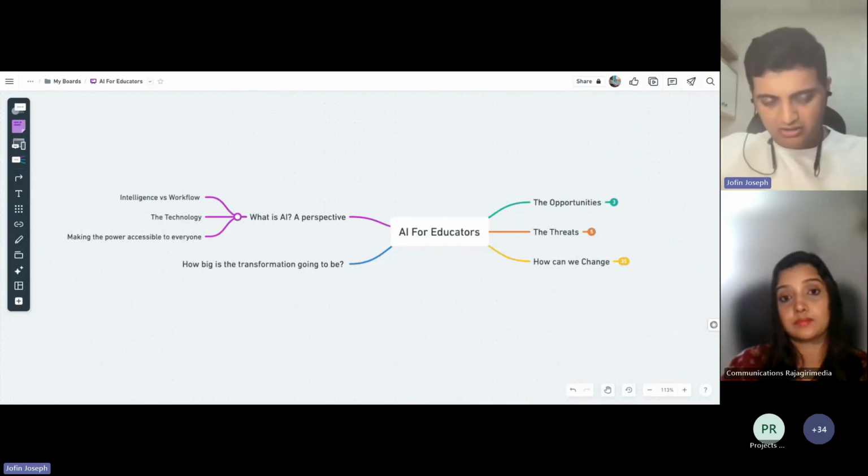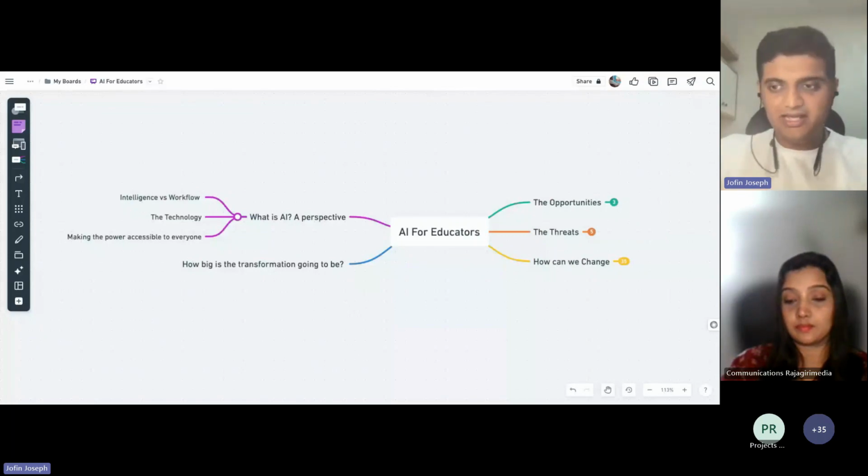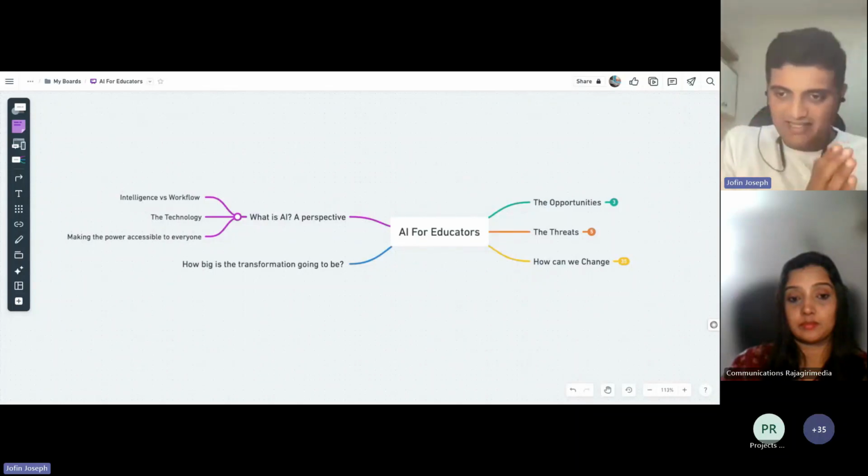Now, particularly over the last 1 year, the reason there is so much buzz around the keyword AI is because of a particular technology called LLMs. LLMs are large language models. I'll tell you what it is. It's one field of study of AI, if you may call it that way.